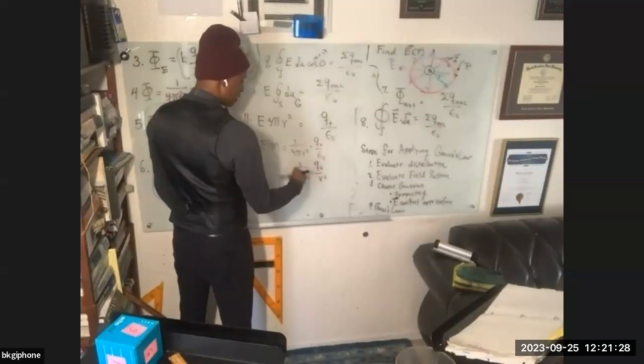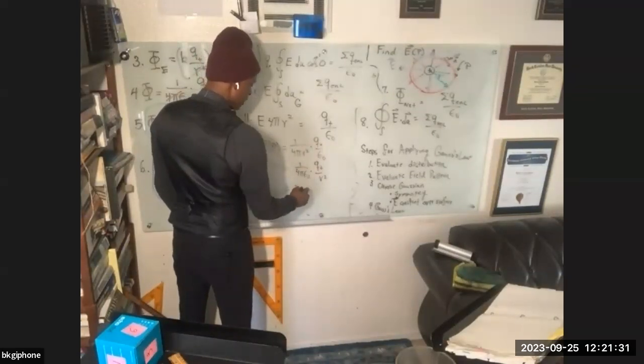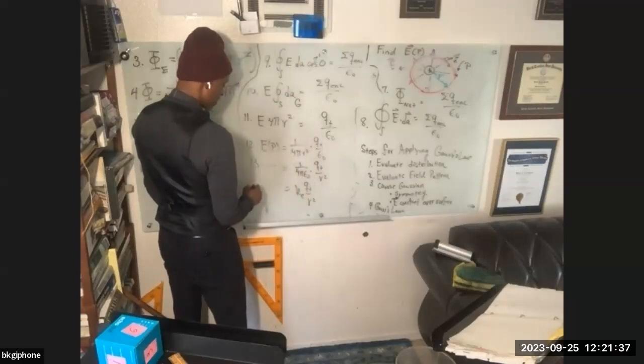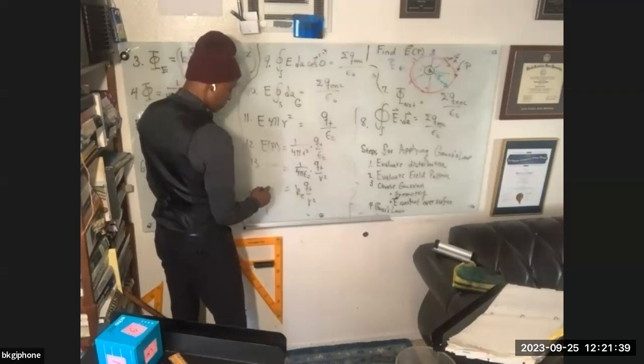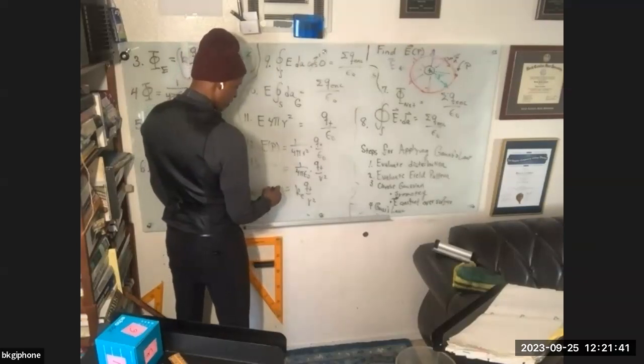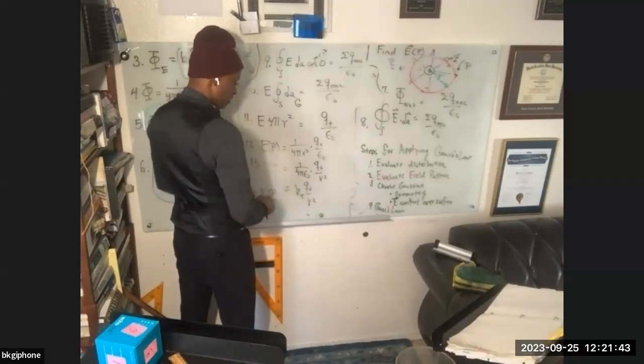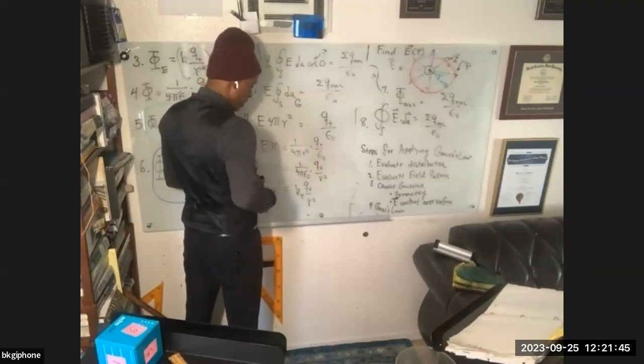Then rewrite. This thing is k. So k times q plus over r squared. How about that? Is that a surprise? No. That's what you would expect, because that's what the field of a point charge is, kq over r squared. So